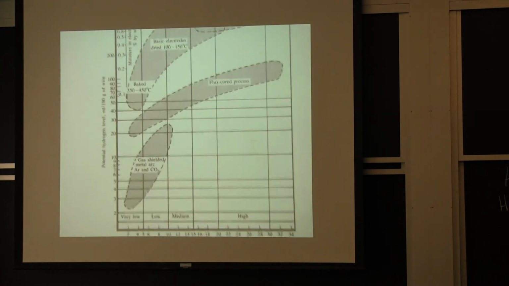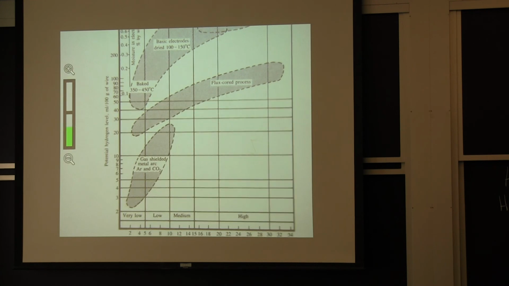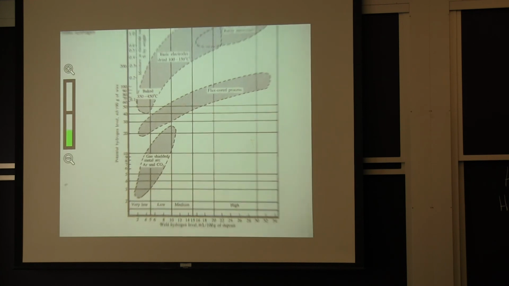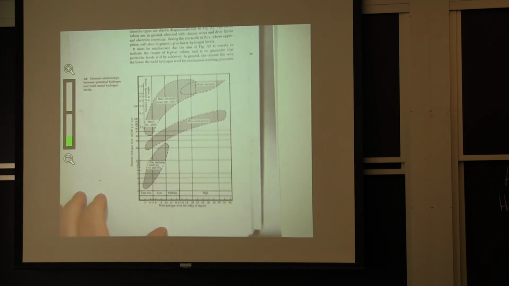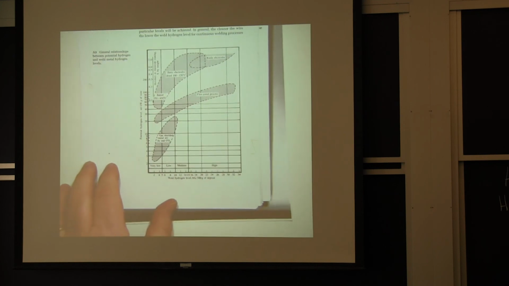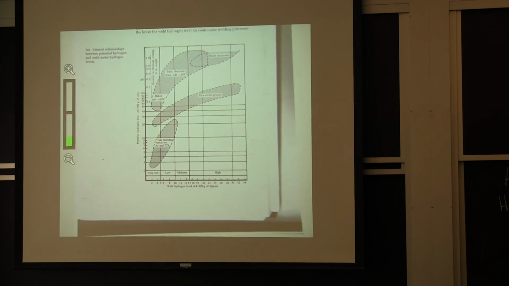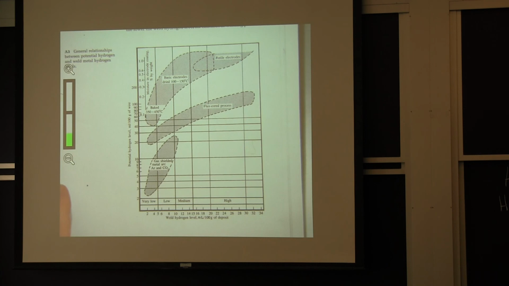And in that book, there is this plot, which was in Coe's first edition. So Frank Coe put this together. Very intelligent man, as opposed to a lot of his co-authors for the second edition. Okay, weld hydrogen level, milliliters per 100 grams of deposit. That's the same as cubic centimeters. So you can think of this as parts per million. And you can have